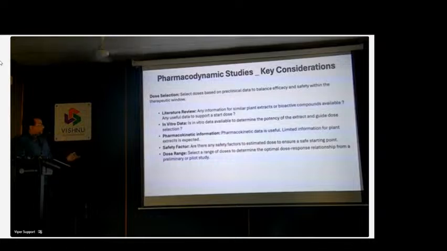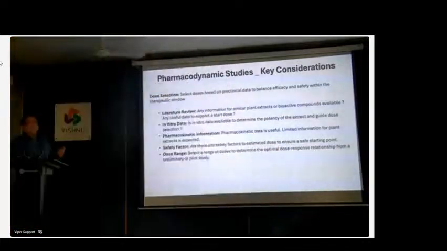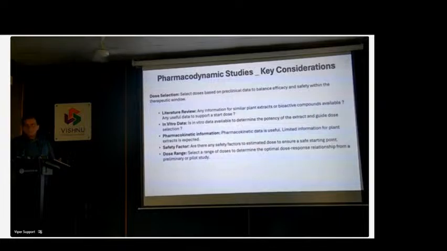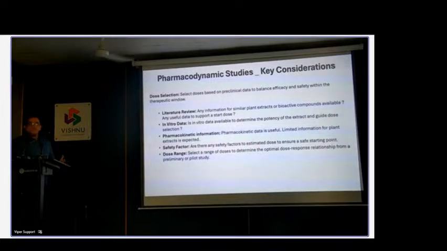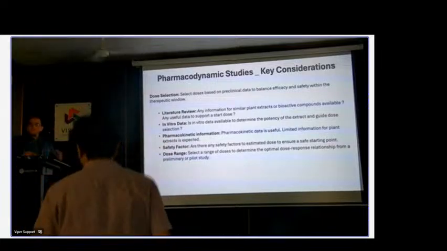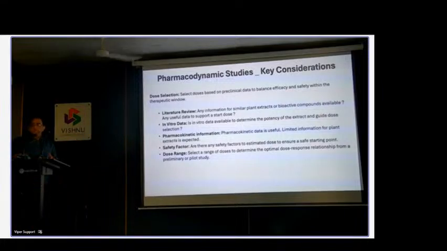To start with, you can do a literature review. If it is a plant extract, you may already have some data. If it is a chemical molecule you're synthesizing, and some other molecules are already approved or on the market, there may be literature that can guide you. Even the chemical structures from which your drug is derived, as an analog to the parent drug, the main molecule, might also have a therapeutic window. So there will be some data available, and that could be your starting point.